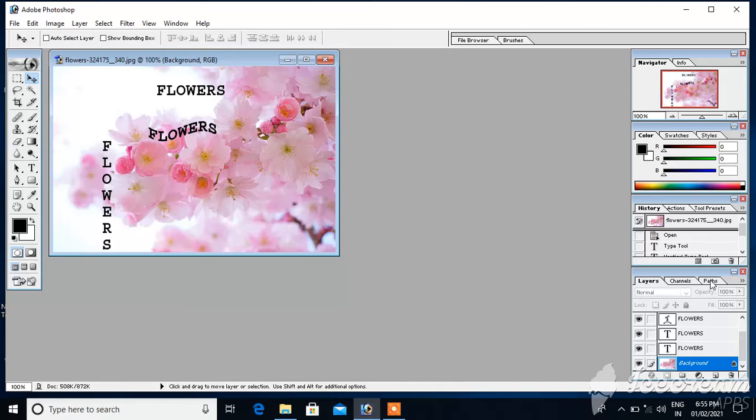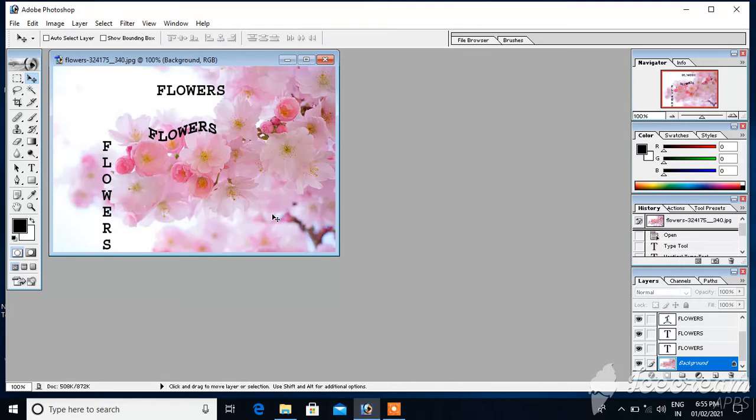Whatever object or image you take or display on the stage or on the paper, that gets automatically added to the layer window. See here, the background is flower image, then we keep text over it, again we keep text over it.